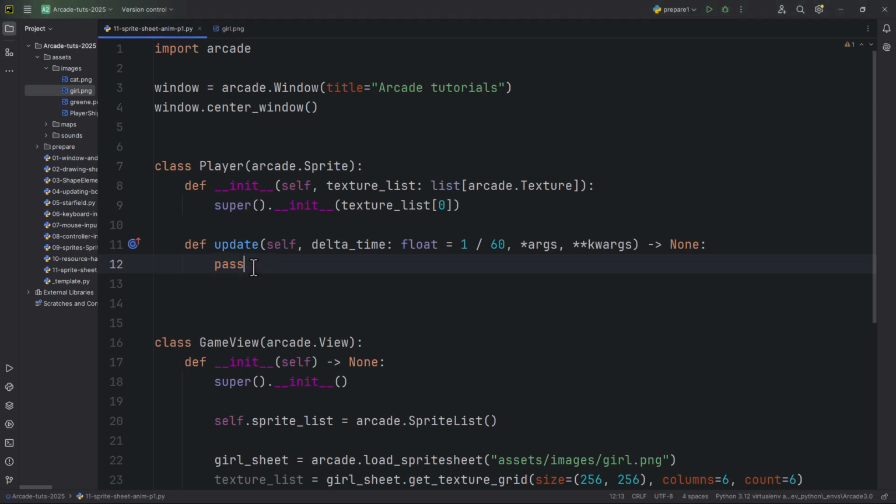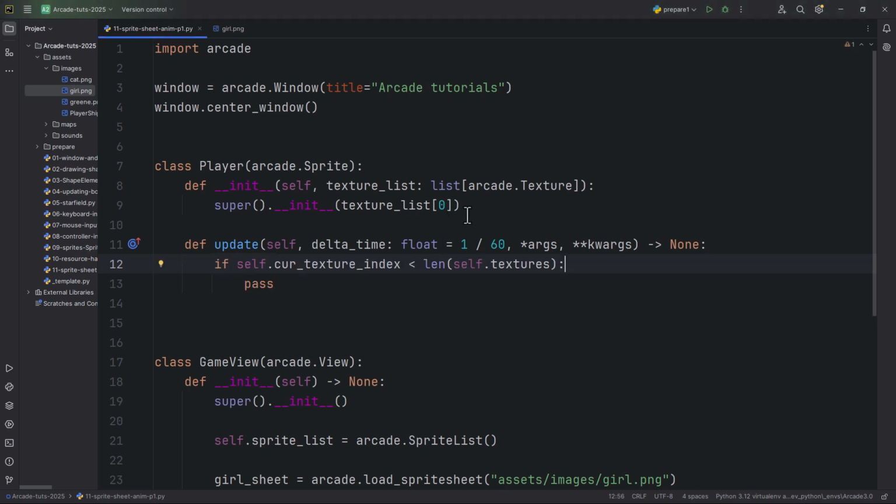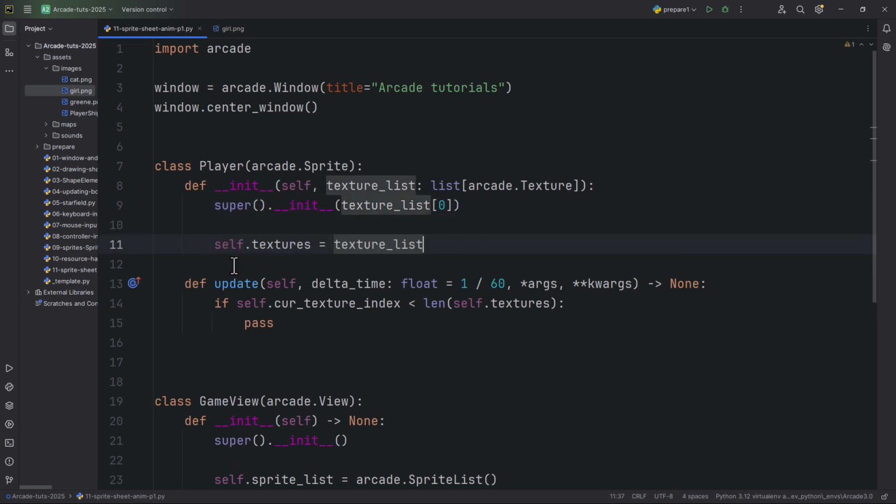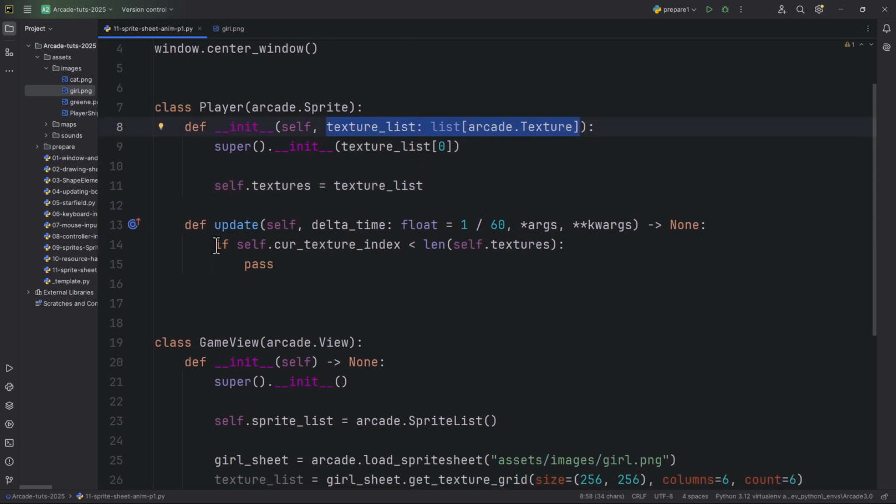Of course, we have to create this self.textures here in the onInit method. So self.textures equals texture list. The texture list will be passed to the init method when we instantiate the player object. And in the update, if the current texture index is less than the self.textures and we have 6 textures, 6 frames,